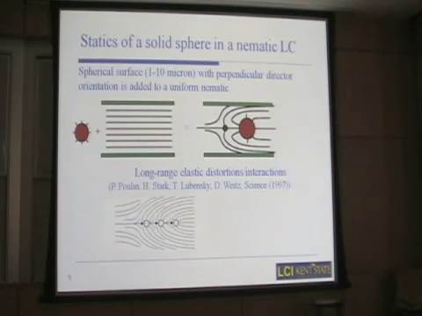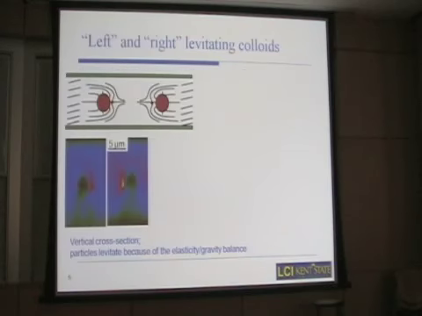For example, you can show that these elastic dipoles will try to attract each other along the line to form chaining, and that was shown experimentally. So in an experimental cell, if you just throw these particles, if the original orientation is horizontal, you can easily understand that you might have 50% of the particles that create the hedgehog on the left-hand side, and 50% that would have this hedgehog on the right-hand side. So you would have left and right